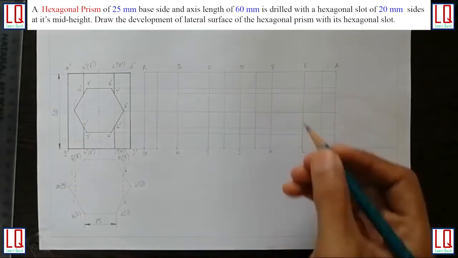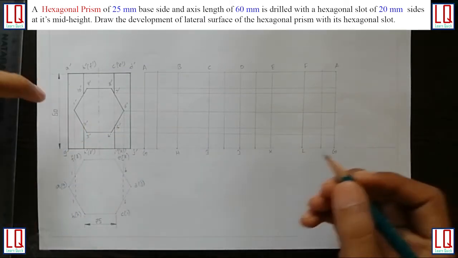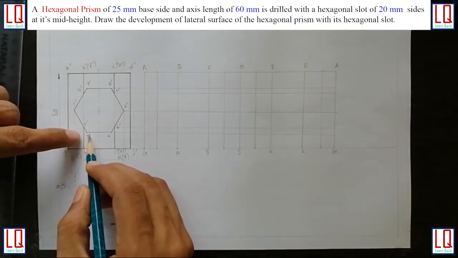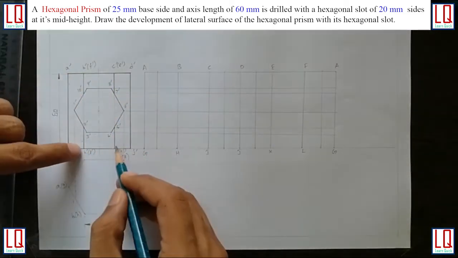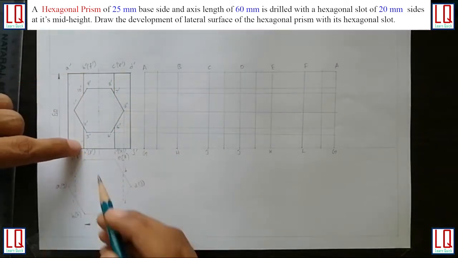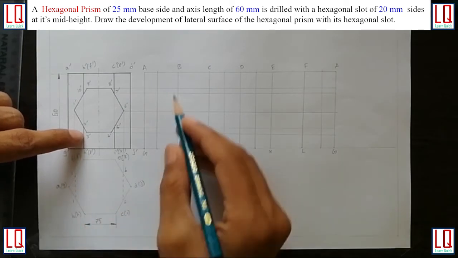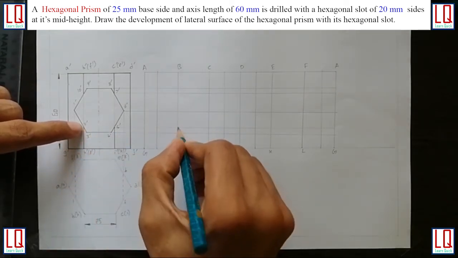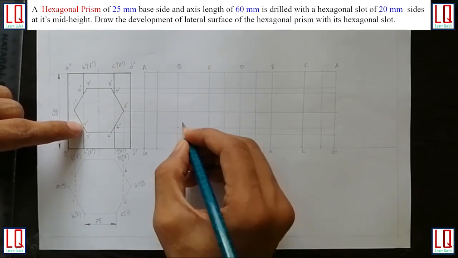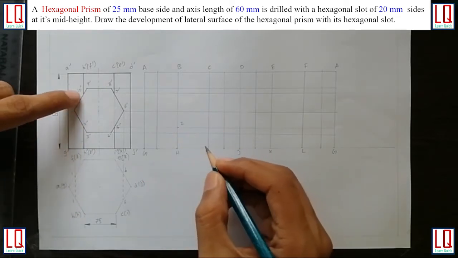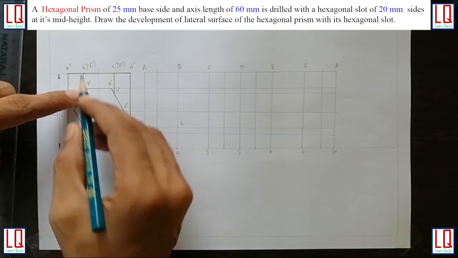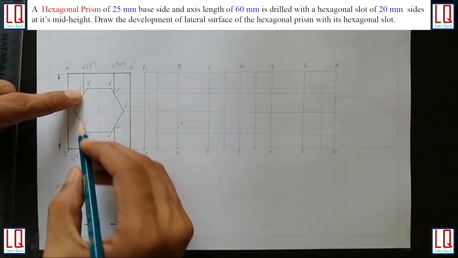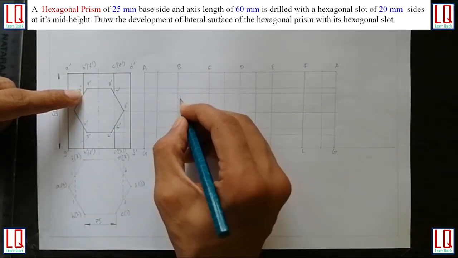Before that I will carry over the points as much as possible. First we will start with the actual edges. So this edge, okay, this is BH. BH is cut here. So we will carry over the point 2. So this point is 2. Okay, and this is 10. This is the actual edge BH. So I will mark 10 here.